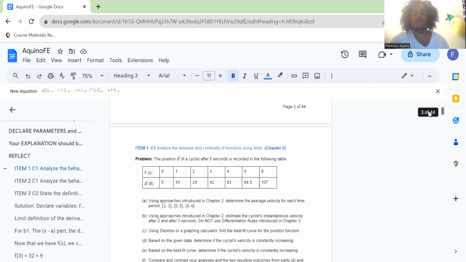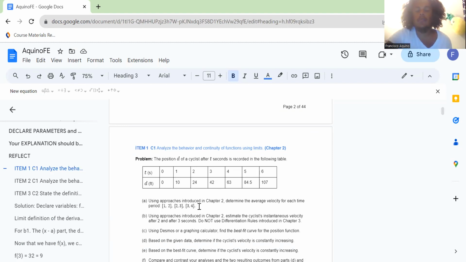Item 1 gives us a table of values. You have the position of a cyclist D, and then after T seconds, which is at this table. Then for A, it asks for the average velocity for each of these given time intervals using approaches introduced in